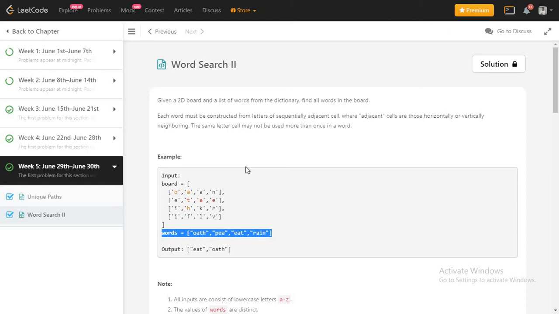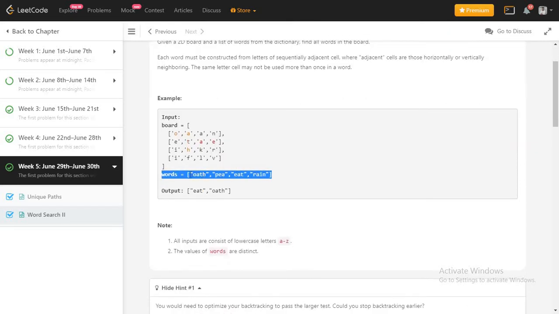So what we need to do is iterate through the given words array, pick each and every word, and search whether that word is present or not in the given board array, right? Suppose you are picking the first word, you can start from the 0 0 location of the matrix, and you can move to all the adjacent cells. For O, the adjacent cells are A and E only. So you can either move to A or E, and you need to check whether the whole word is present or not. Similarly, if you check PEA, this word is not present in the board.